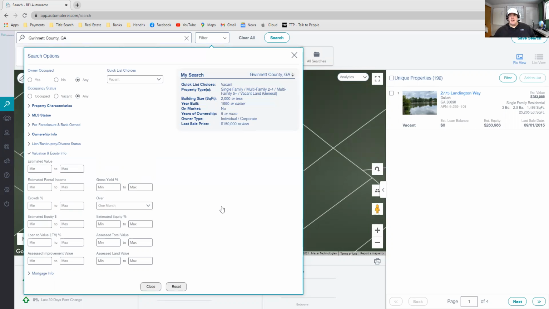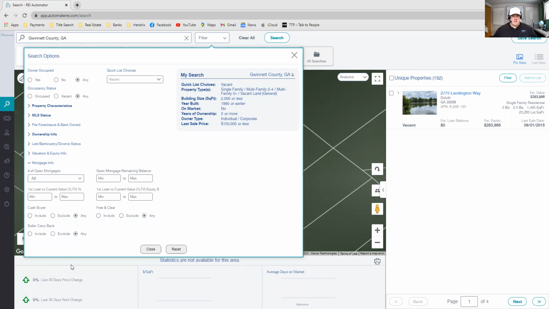And it also depends on the value of the properties in that area. So if it's a higher end area, I'll do a lower estimated equity, just because that estimated equity amount is going to be worth more in dollars than some of the lower end neighborhoods, where you might want to go 40-50%. Like I said, it just depends on what your market is and what's going on in